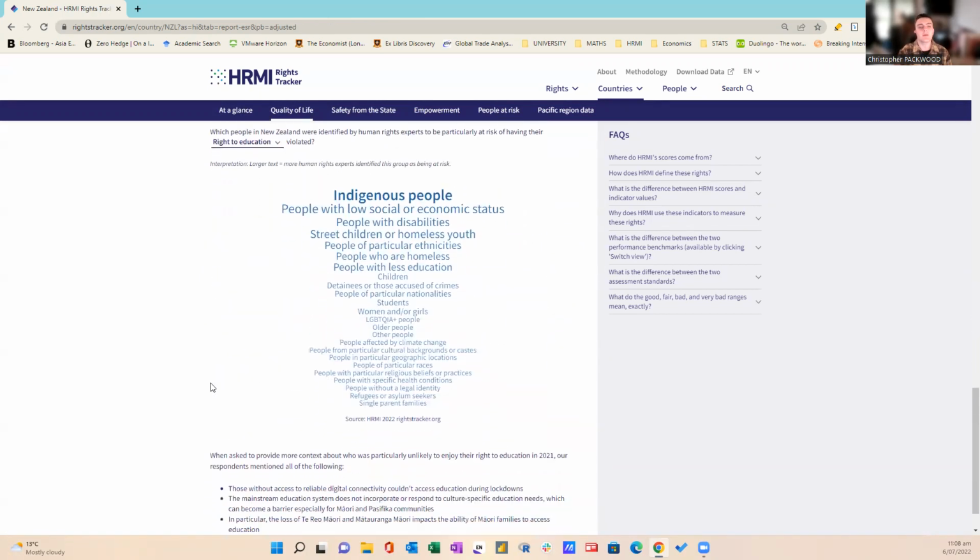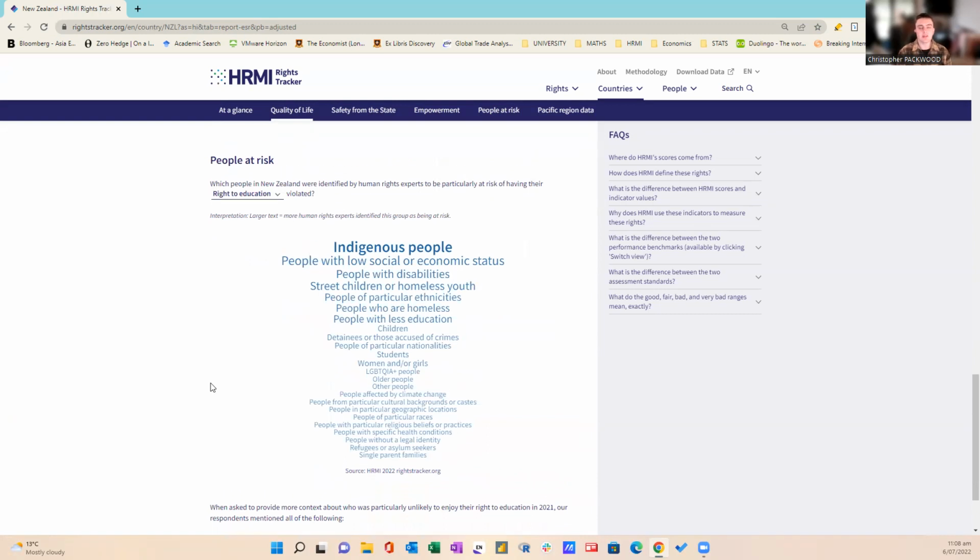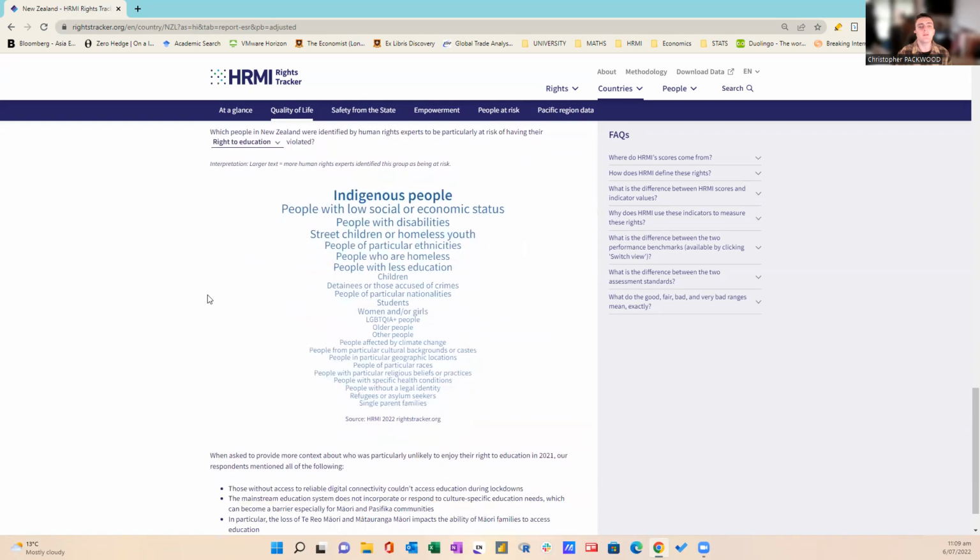And further down, we have the people at risk section. So every year we conduct a survey with our human rights experts that work within this country or may work remotely from another country, but has particular interests and is an expert within New Zealand. And we asked these people in New Zealand which people were identified as being at risk of having some right violated. So if we look at just the right to education, of the human rights experts that we have surveyed